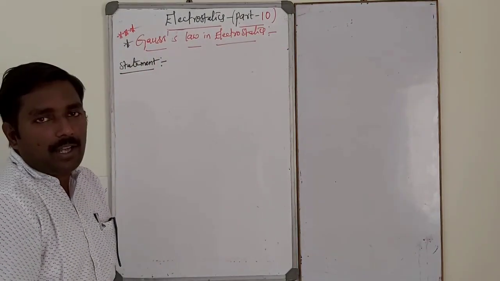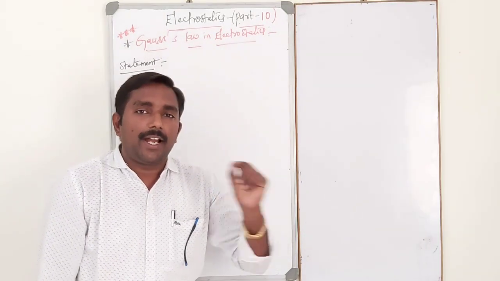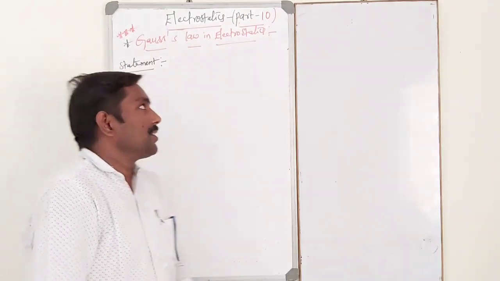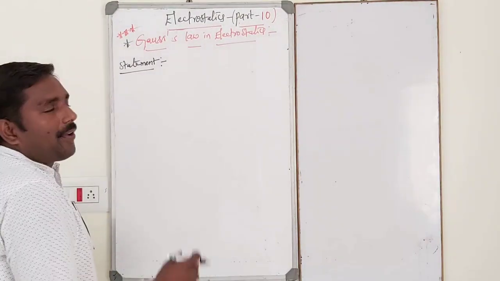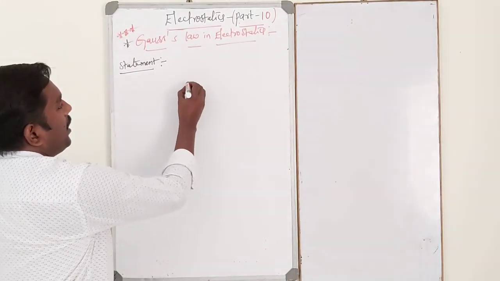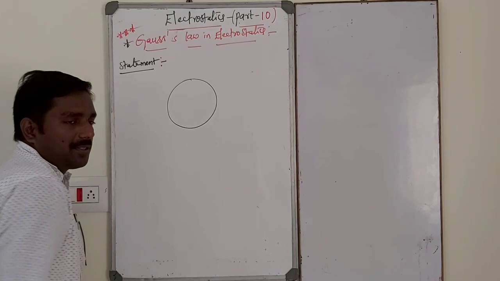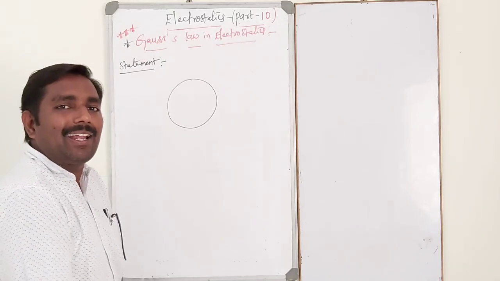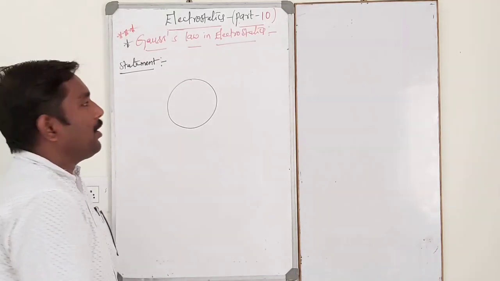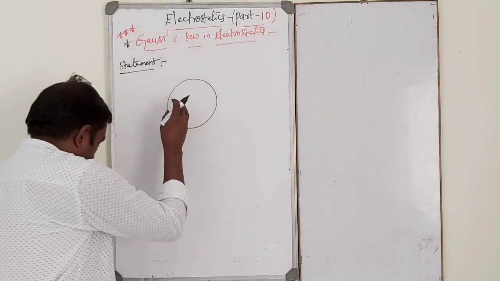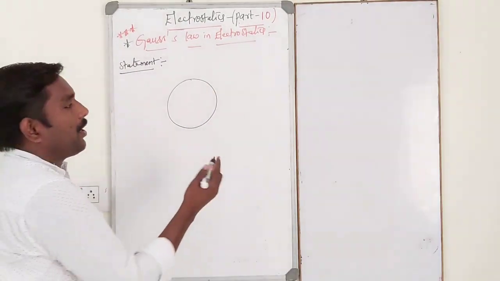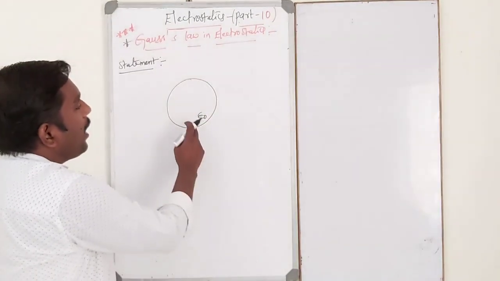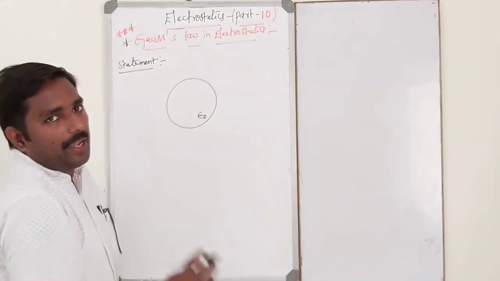That is the statement of Gauss law. Gauss law states that the total electric flux in any closed surface in air or vacuum. Suppose, dear students, this is the closed surface, which is kept inside air or vacuum. Air or vacuum is the medium. Epsilon naught is the permittivity of free space or a vacuum.